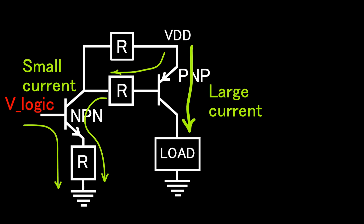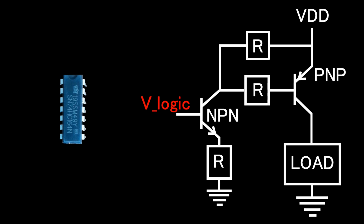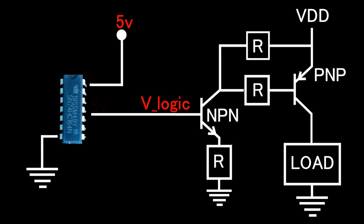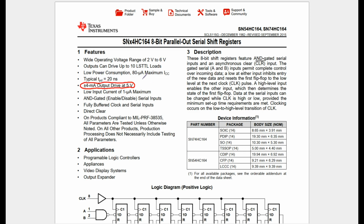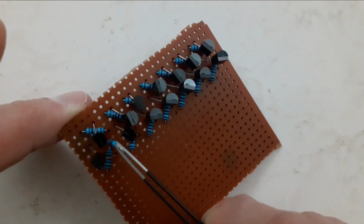This is desired because the control signal is usually only 3.3 volts. In this project, however, the control signal comes from the shift registers, which we supply with 5 volts. So perhaps in this project the NPN transistors might not even be needed. However, from the datasheet of the shift registers, I noticed that the drive current is actually pretty small. So I thought it might be a good idea to use this configuration anyway, as it also gives us a higher current amplification factor. I place the components and solder them,